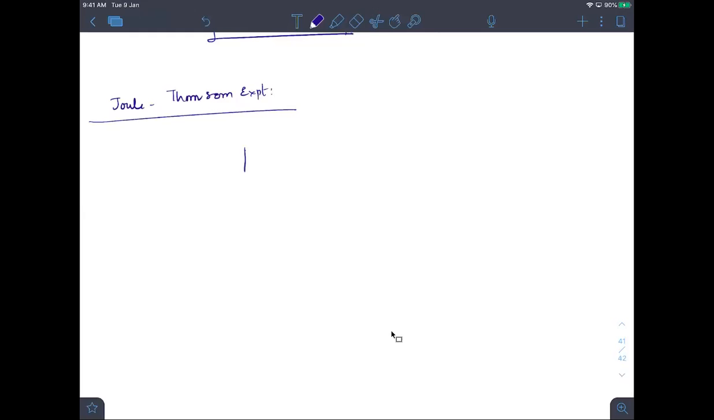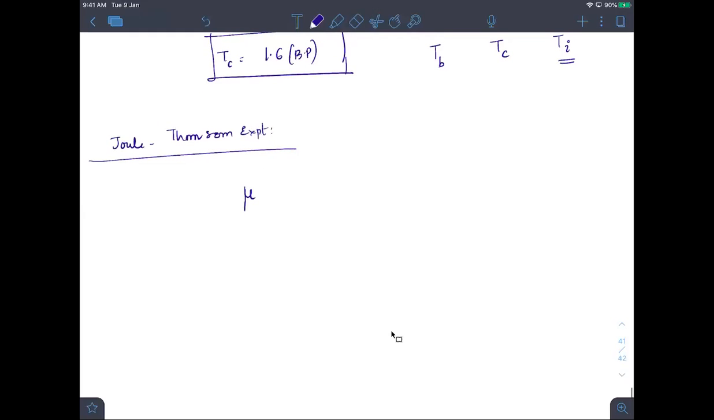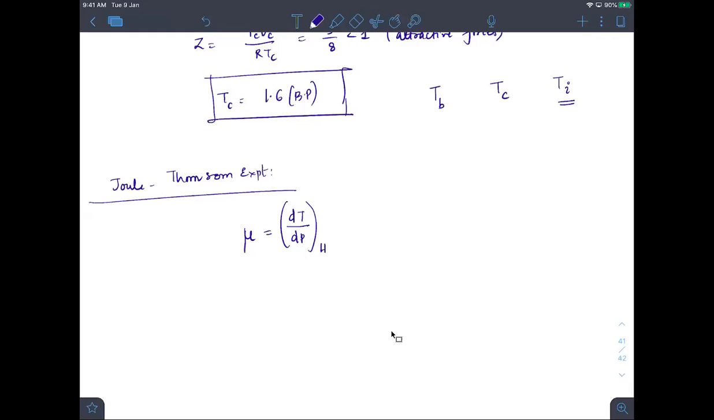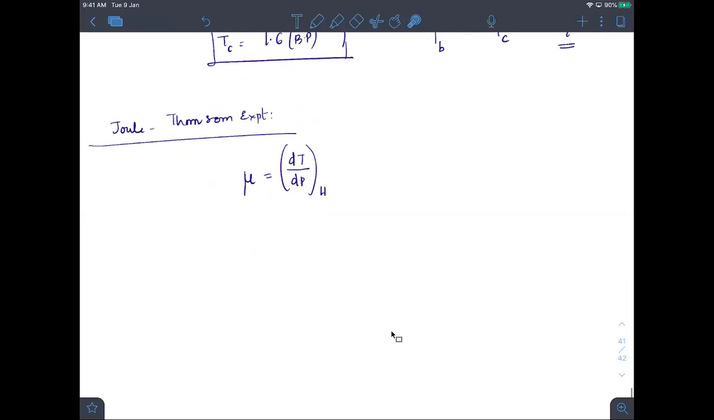If I take this coefficient mu, which is change in temperature by change in pressure, at constant enthalpy, meaning constant overall heat, the heat of the system is not changing. So at constant enthalpy, if you check this mu, the change in temperature by change in pressure, at a particular temperature, there will always be some difference here. What you will find,